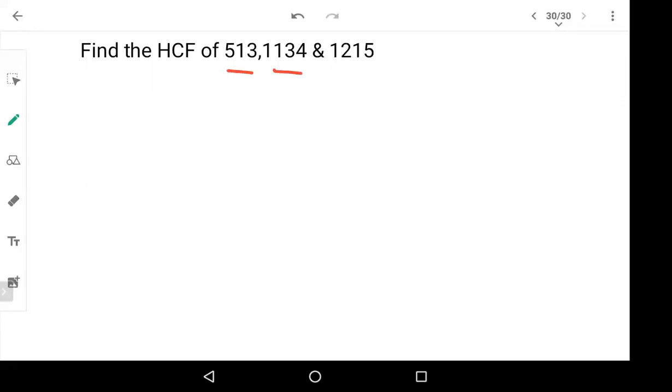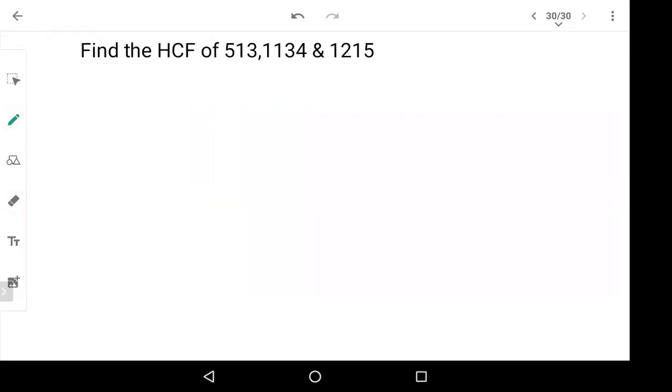Okay. So the HCF between 513 and 1134 is 27. Correct. Final HCF also, sorry, final HCF is also 27. Everybody got the answer? Very good. Anybody want me to solve this? Some of you may not be able to understand. Okay, we'll quickly solve. Now you tell me what numbers I should use, and we will quickly solve this.